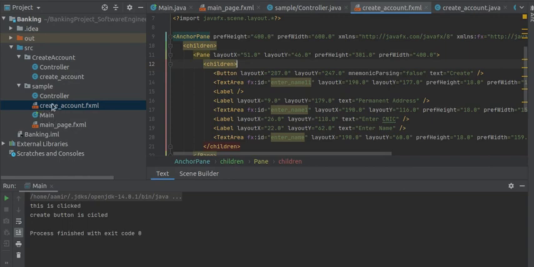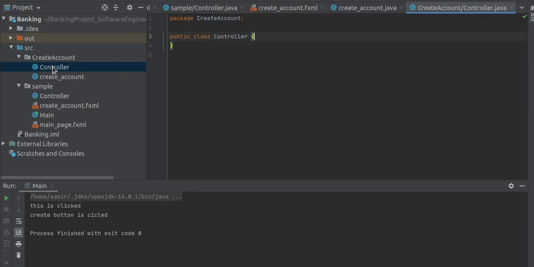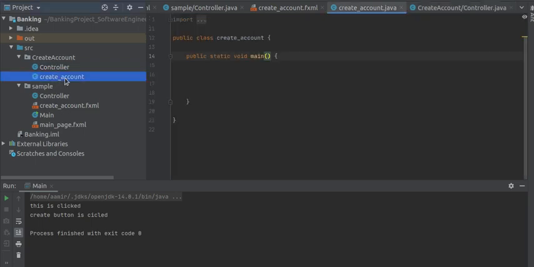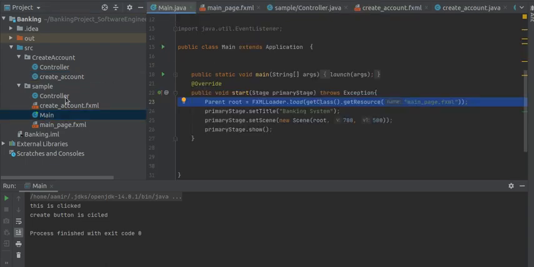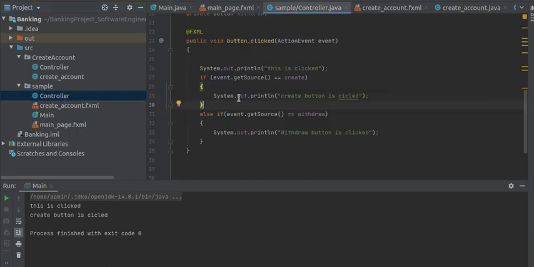The controller of this create account is present in another package. As you can see, this is the controller of that create account, and this is another class from which I will handle this controller. In the controller of main, when I click that create button, this area is executed.